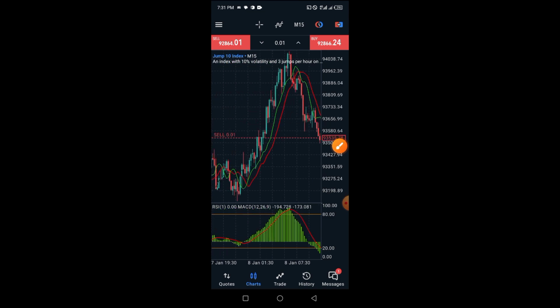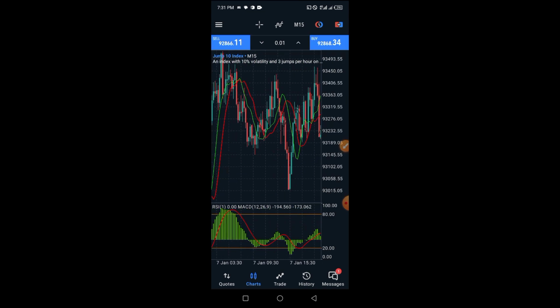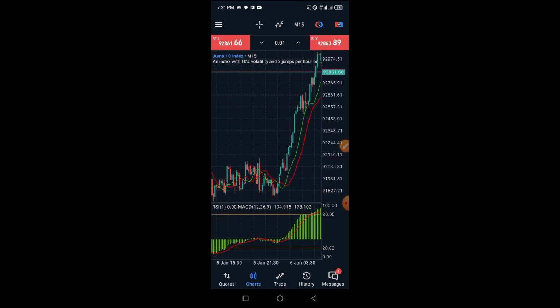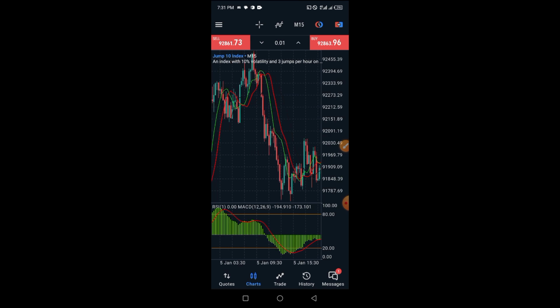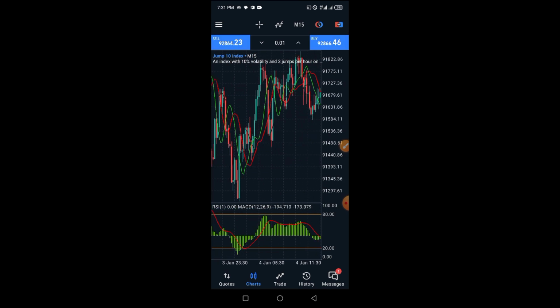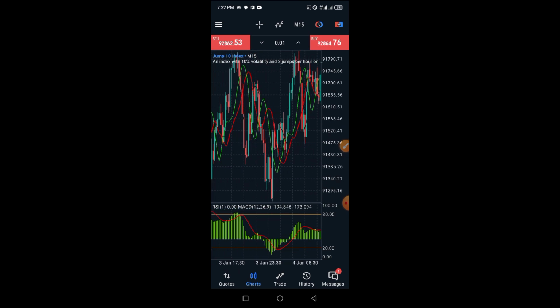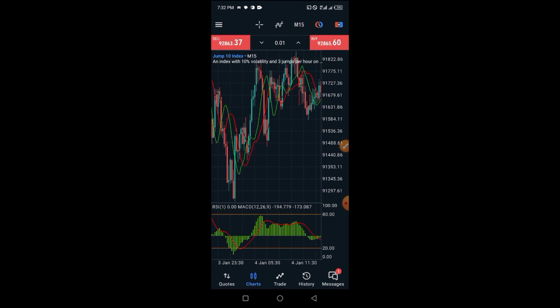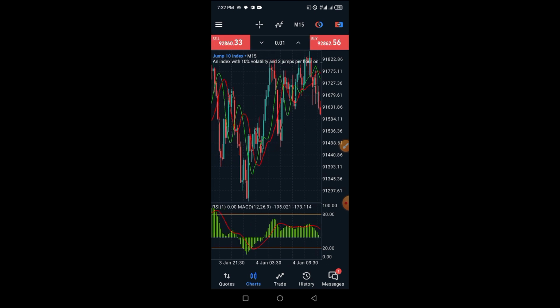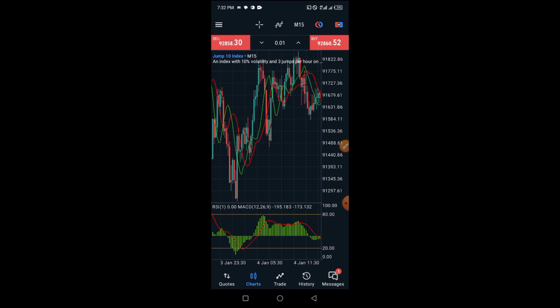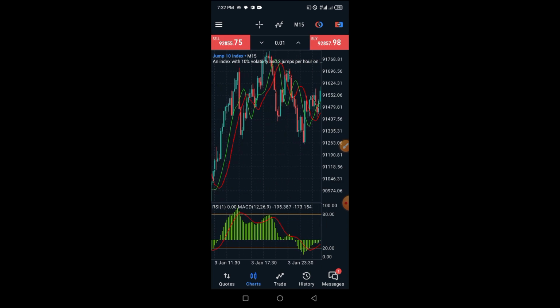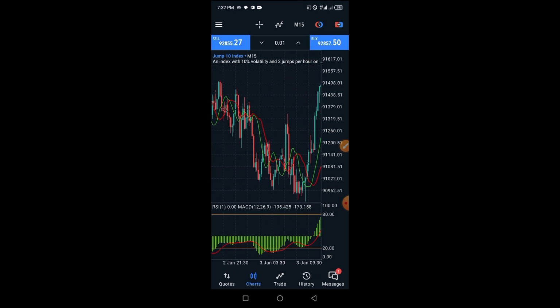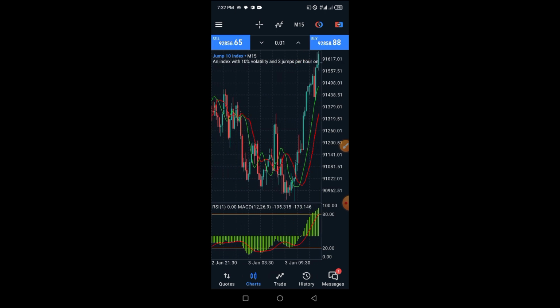This is Jump 10. Okay, the same thing applies when you want to buy. You make sure that your MACD crossed below the 20 level if you want to buy. This place didn't cross below, so you must wait for it to cross below, and you make sure you see